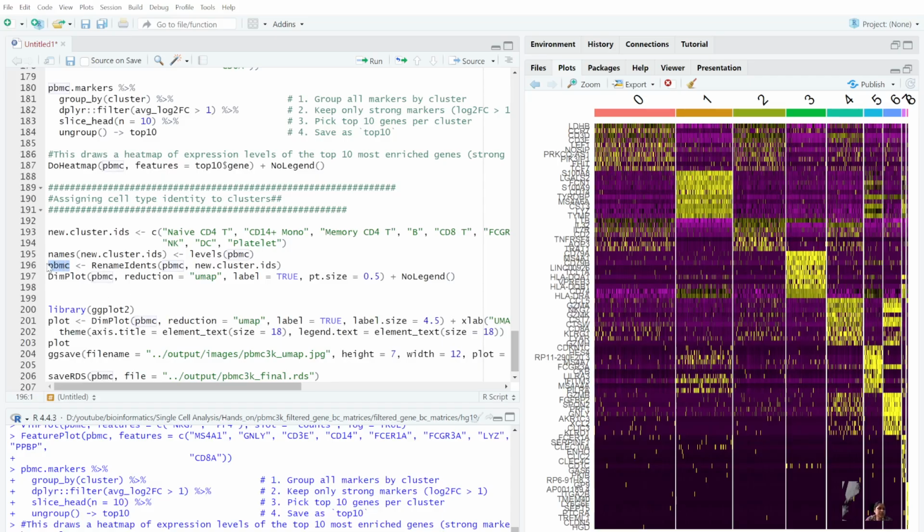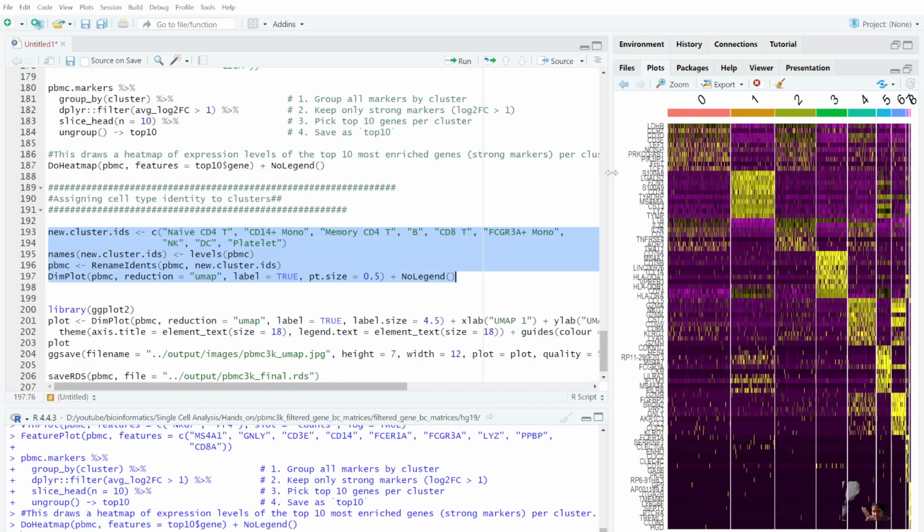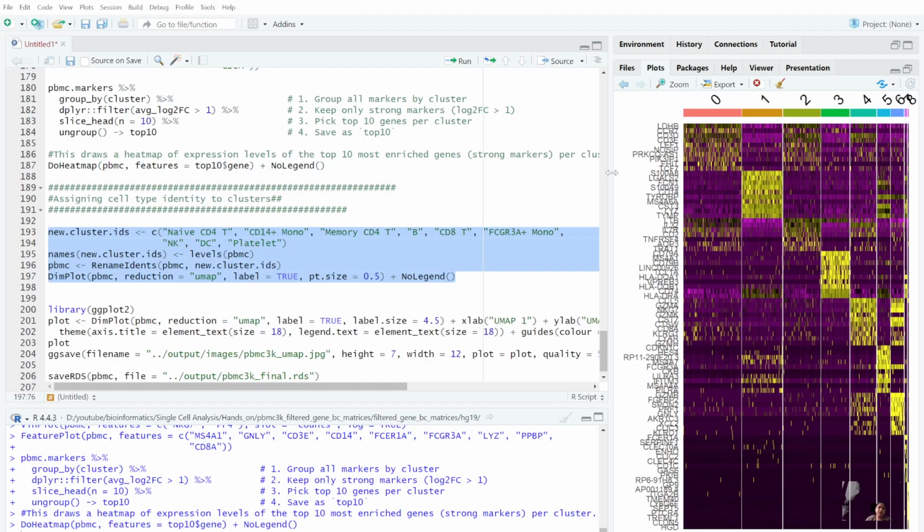So in the Seurat object PBMC, we will be using the function RenameIdents, and we will be providing it with the new cluster IDs that we have already saved over here. Then we will be performing a plot. You should look at the code and you can understand it also. It's very easy, it's not hard. So here you are not only learning the workflow, but also learning how to code. Even if not coding from scratch, at least if you get a script, you can interpret what's happening there. So if I run this,